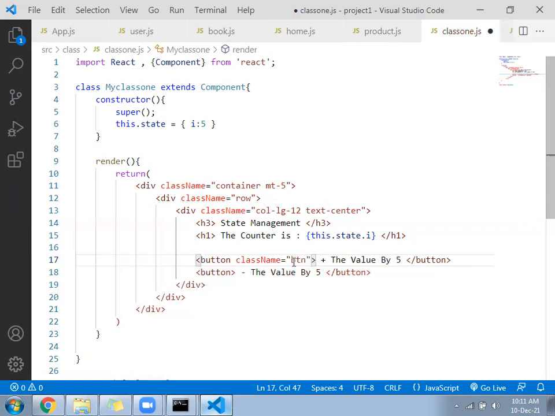After that, which color button do you want? Red, green, or blue? We need to define that. So we can write btn-success and m-3. The green button will come with a 16 pixel gap from all sides.